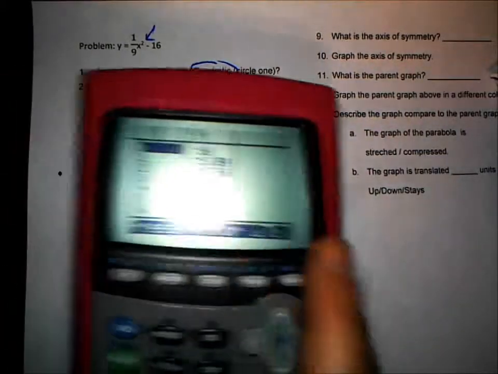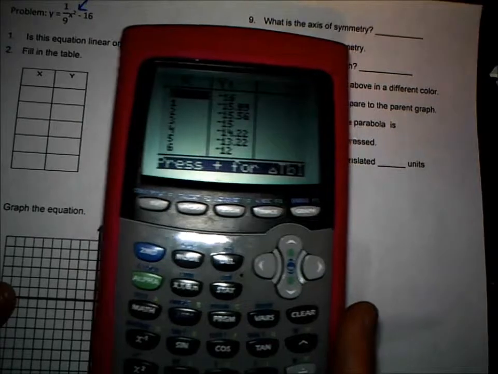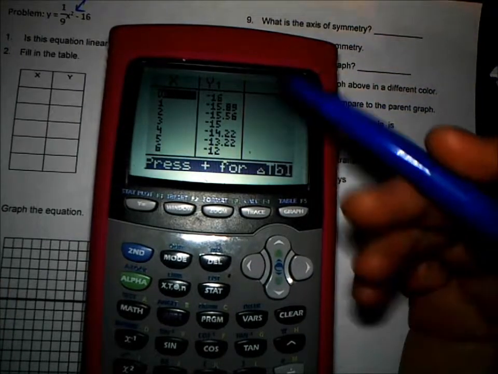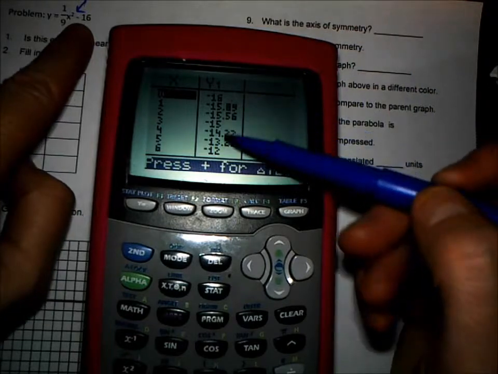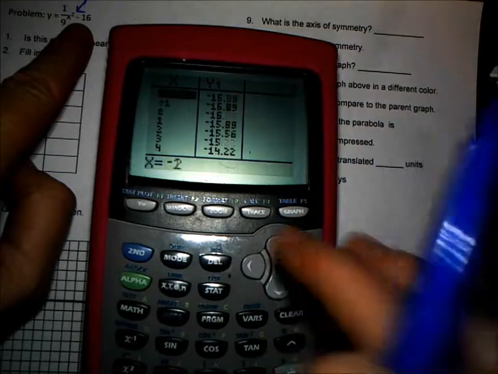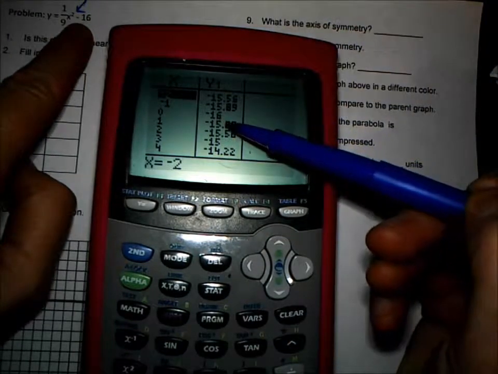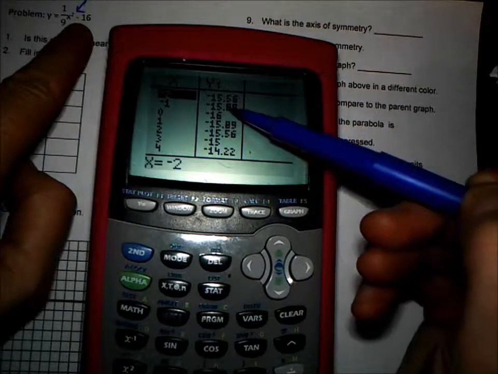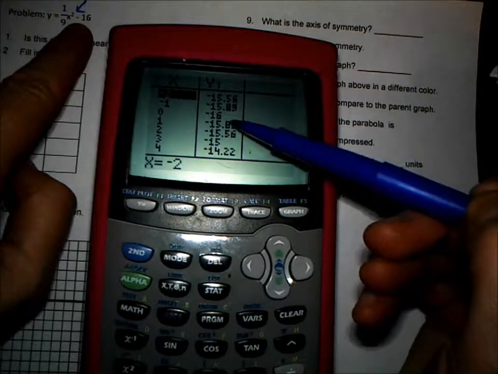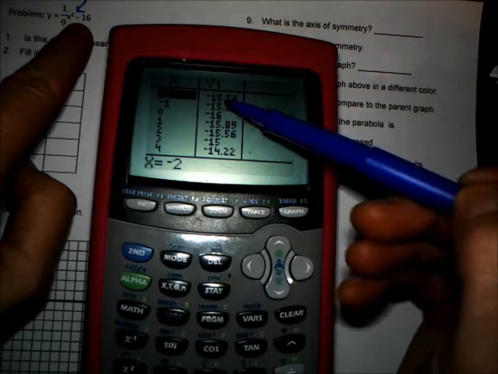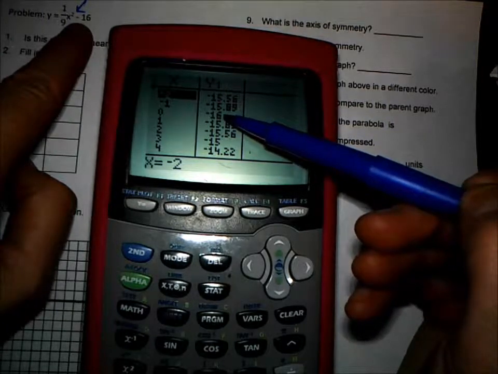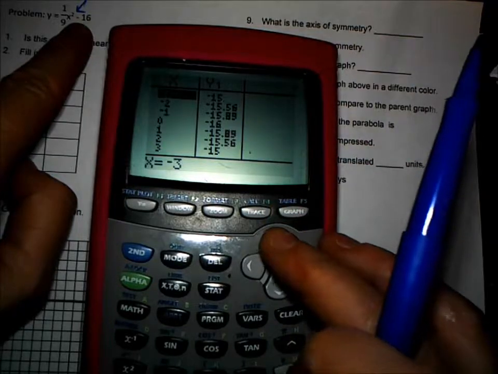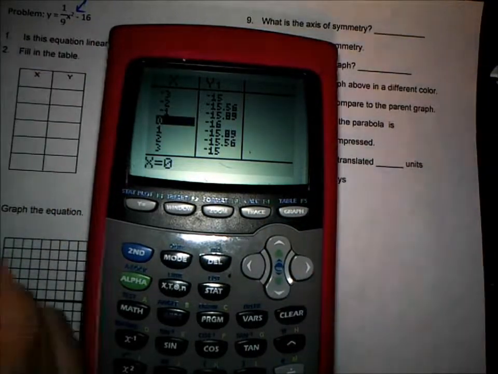I'm going to go to the table. And remember, we have to fill in our table based on the data that we have in our charts. So I'm looking for the vertex and realize this is at a 16. That means I should be close to a 16 in my chart. If I look at my 16, notice that I have 15.89 above and below, 15.56 above and below, but the 16 is not repeating, so that means the 16 is my vertex point, like what we've been doing. So I'm going to start with 0, 16 in the middle,